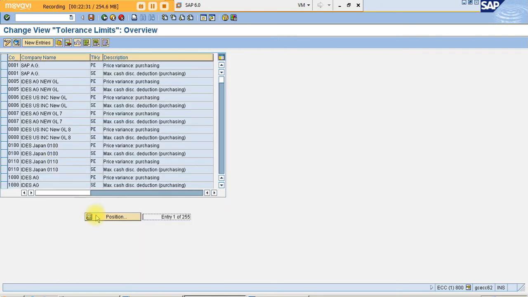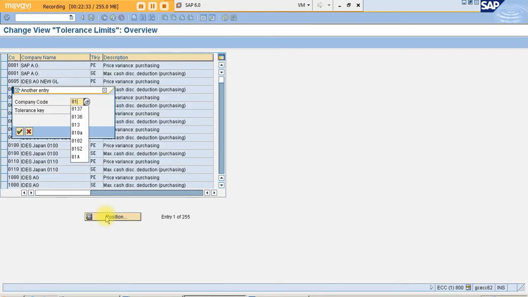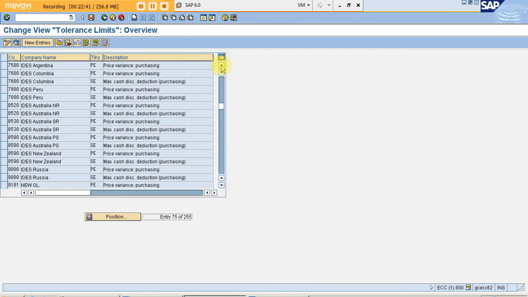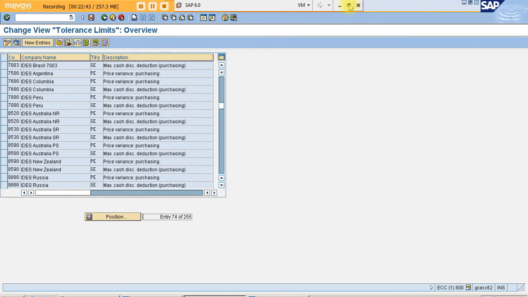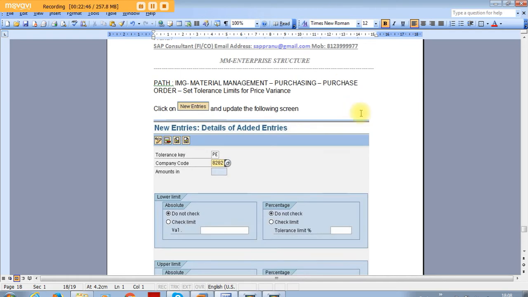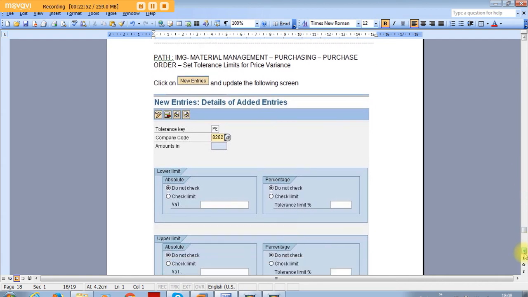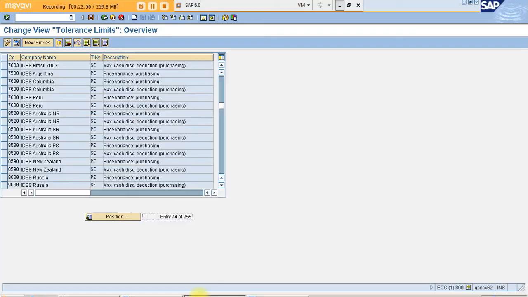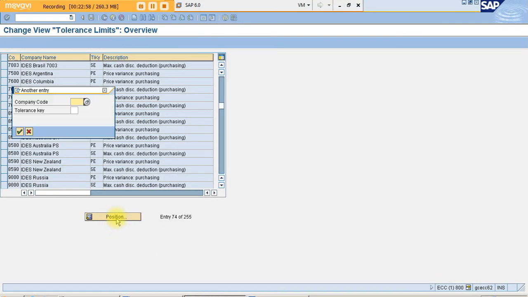Now the 8136 is not there. What we'll do is we'll follow this. Instead of this, we can just copy it from company code 1000.